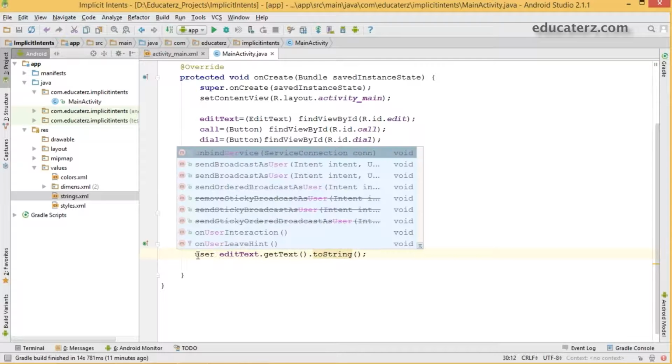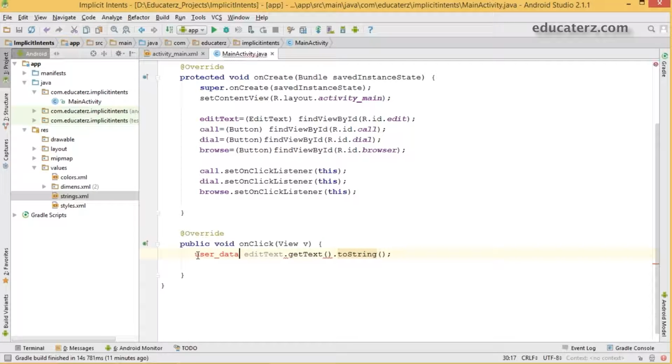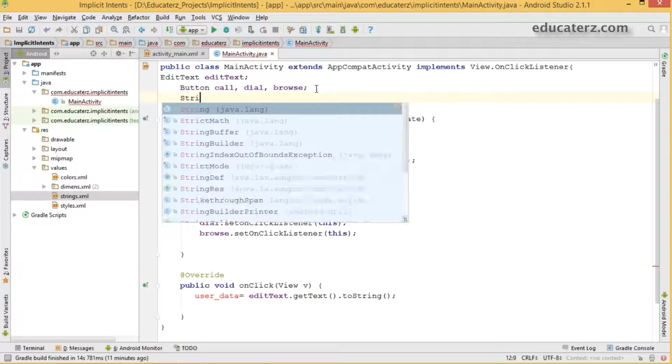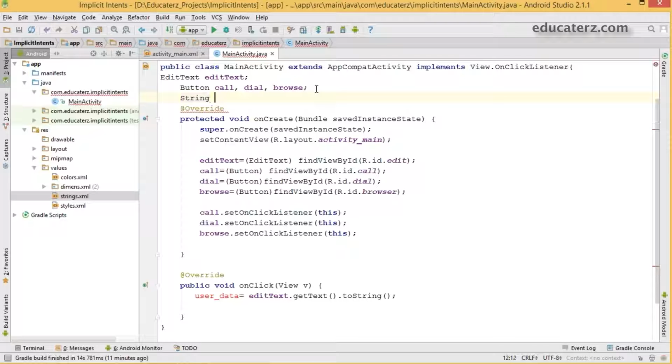I'll say user data is equal to edit text dot. I did not create anything, I'm just making it global, because if it is local, I can access it only here. Even you can do that, it doesn't matter. Okay, let me do it as a local variable only, not a big task. There isn't a problem, we'll change it later otherwise.